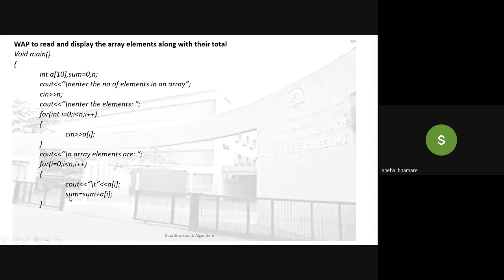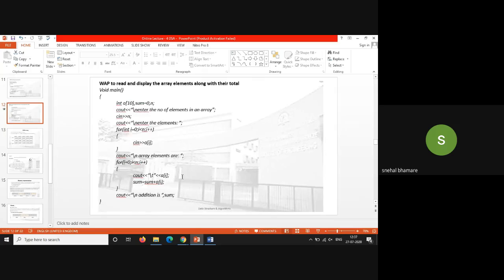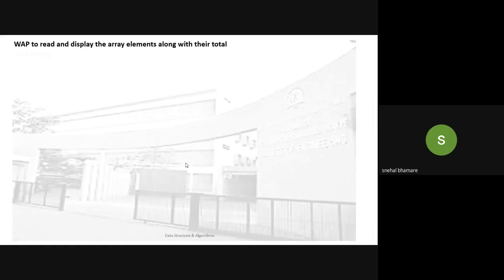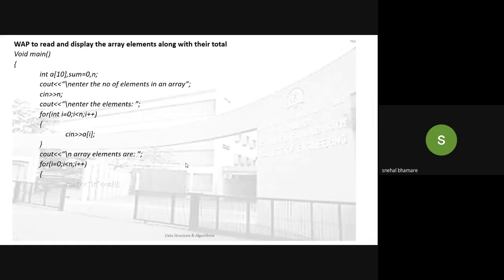Okay, and after the completion of the for loop, I'll just print cout addition is and the value of the sum variable. Okay, sorry, my syntax is wrong over here. It's like this. So this statement will print the value of the sum variable and it will terminate my program. Okay, getting it,